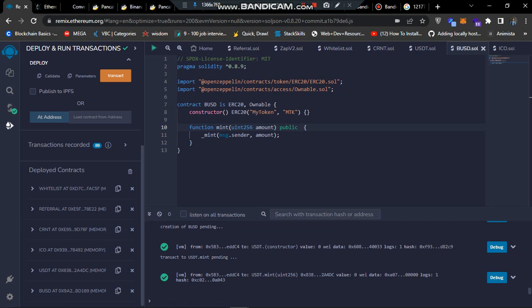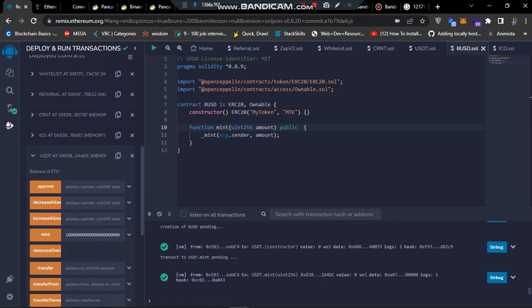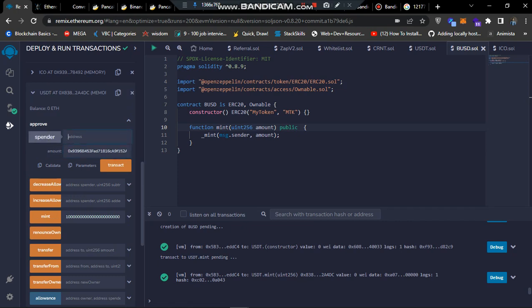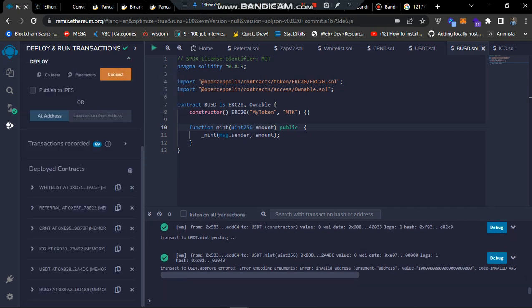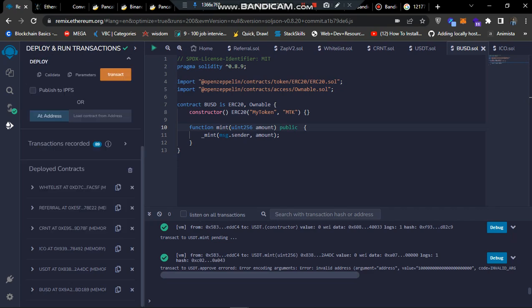So first, if they are sending USDT or BUSD, whatever, they are also going to approve the contract to take those dollars. Now in the ICO,